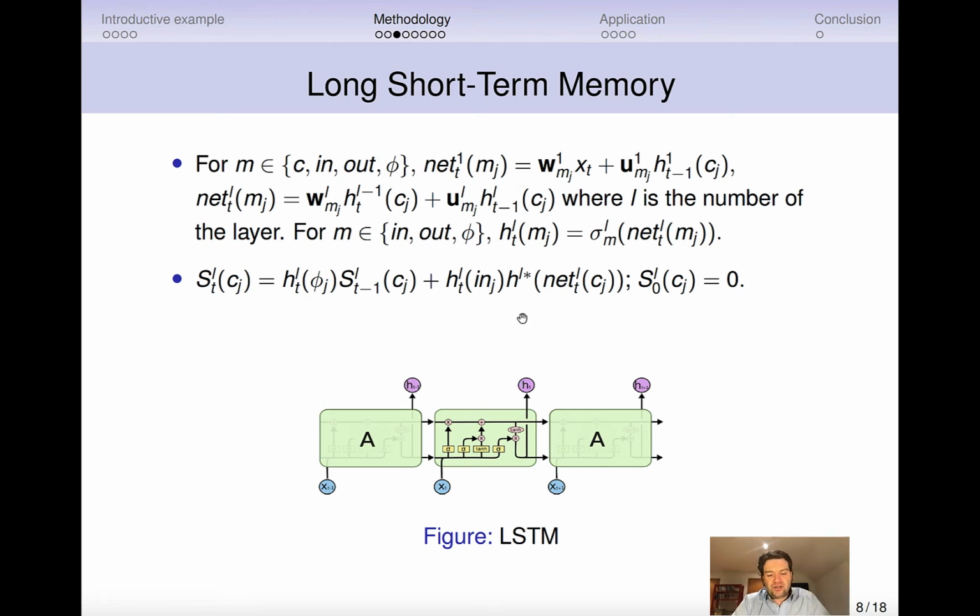This is another activation function. And it's multiplied here by a recurrent neural network, but for the input gate. Therefore, we take the cell at the time t, and we multiply it by the input gate, and we add the information from t minus 1, the cell at t minus 1, and we multiply it